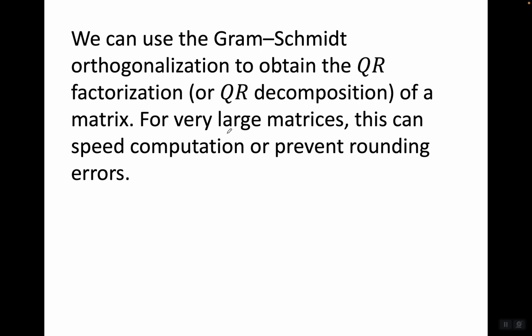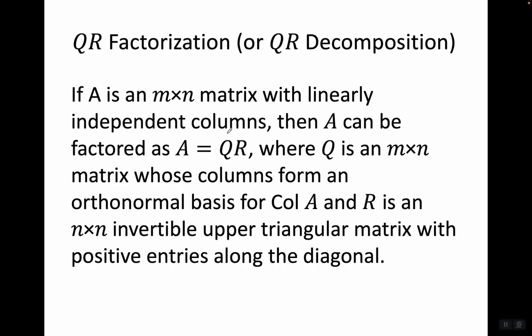We can use the Gram-Schmidt orthogonalization to obtain the QR factorization, or QR decomposition, of a matrix. For very large matrices, this can speed computation or prevent rounding errors. If A is an m by n matrix with linearly independent columns, then A can be factored as QR, where Q is an m by n matrix whose columns form an orthonormal basis for the column space of A, and